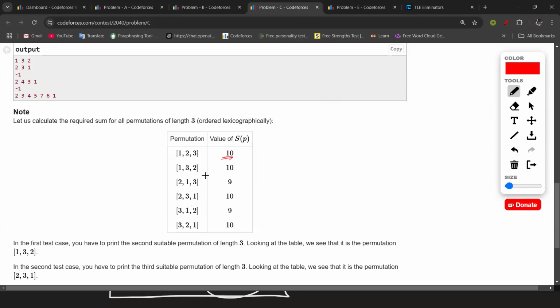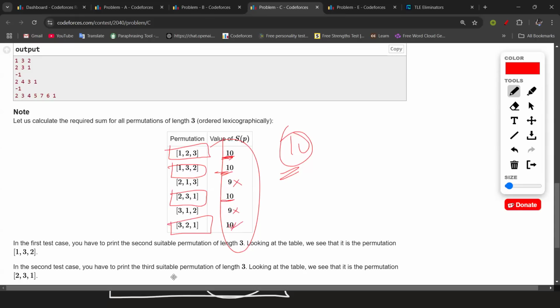So which permutations are giving the maximum value? Among these, the maximum was 10. Which permutations are giving 10? This is giving me 10. This is giving me 10. This is not giving me 10. Now, this is giving me 10. This is not giving me 10. And this is giving me 10. So among these 4 permutations, if you arrange them in lexicographic order, now these were already arranged in lexicographic